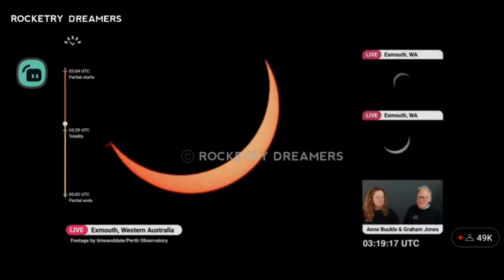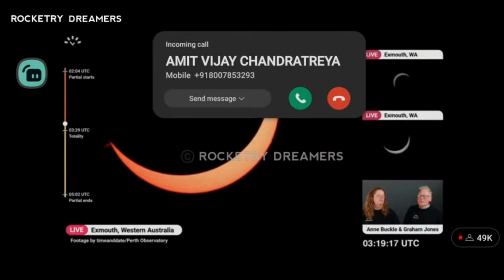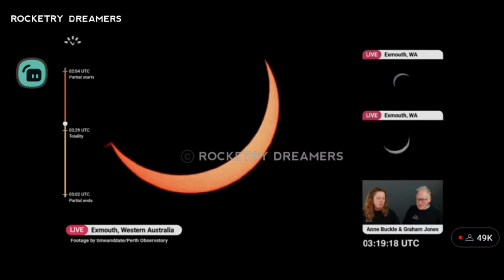We see Baily's beads, we see the diamond ring, we see the crescent sun re-emerging. Eclipse glasses have to go back on before those effects start. So it is only a handful of seconds that we can remove eclipse glasses and enjoy the view of the